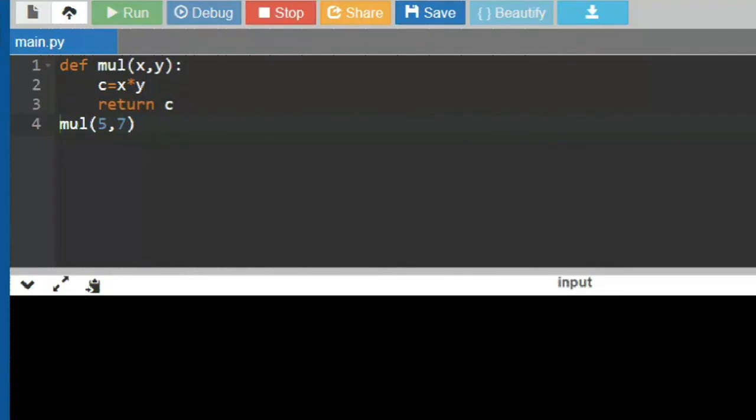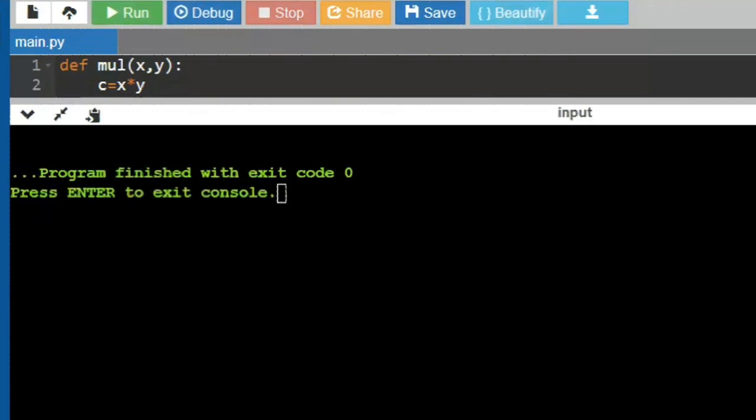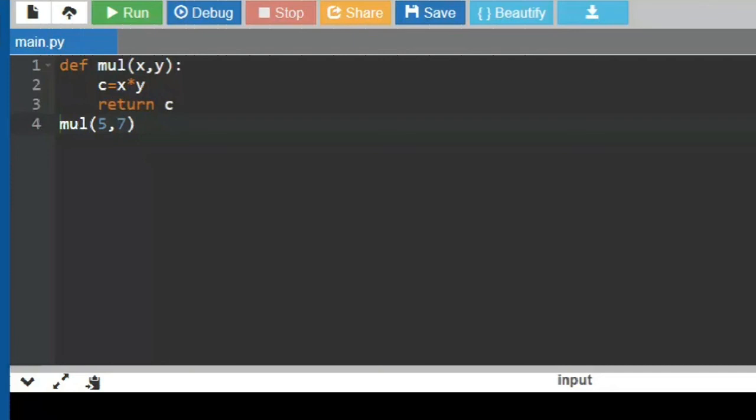See, I am not getting any error, but in some other programming languages, if a function is returning anything, it is very important for us to catch it, meaning there should be an assignment of this result to a variable. If this function is returning an integer, say C is an integer, then I need to declare an integer variable. I have to say int result, then result is equal to mul 5,7. That statement is mandatory in other programming languages.